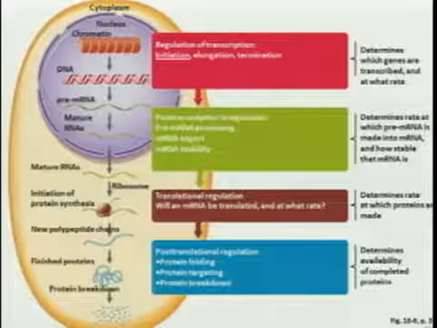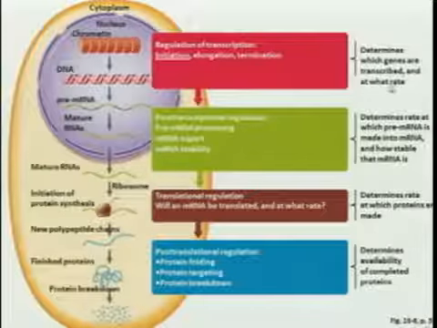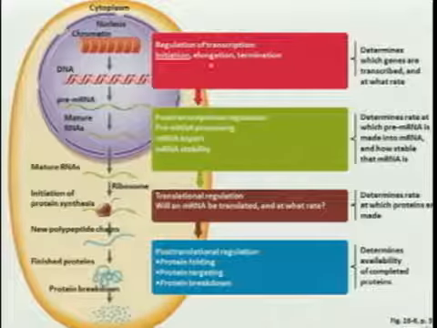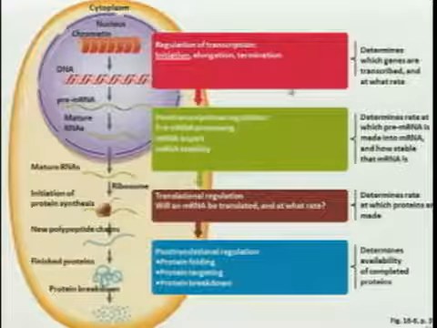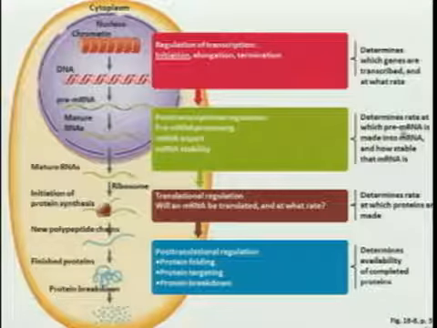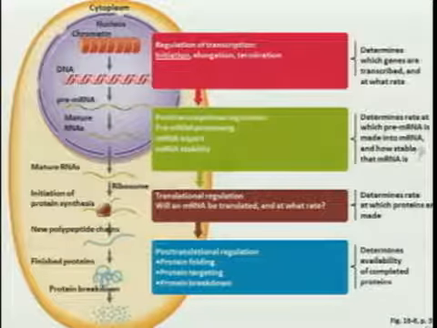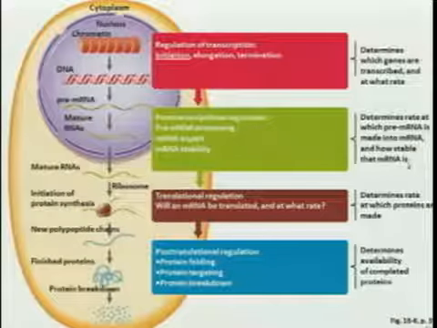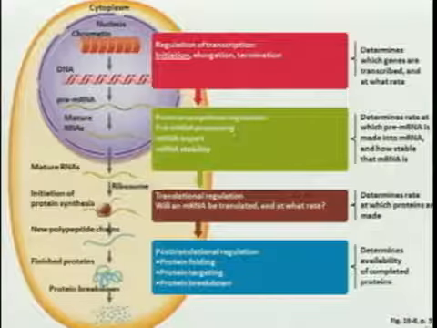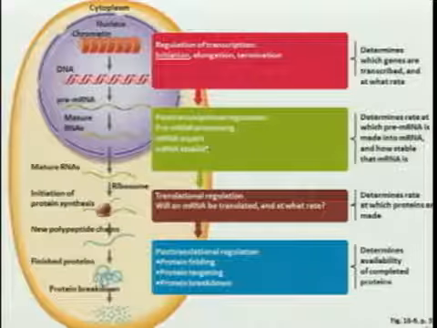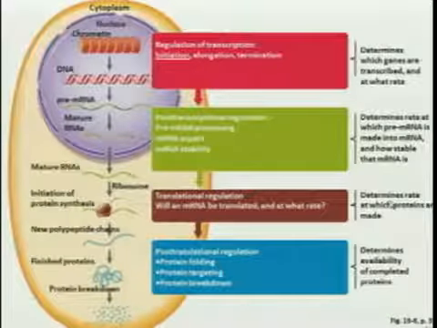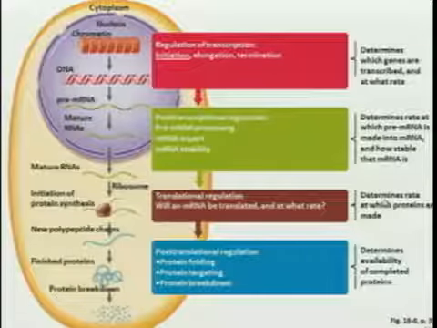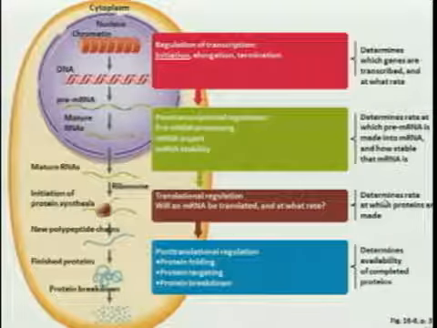An enormous amount of effort Mother Nature puts into determining which genes are transcribed and at what rate by regulating initiation, elongation, and termination of transcription itself. The rate at which pre-messenger RNA is made into messenger RNA and how stable it is is exquisitely controlled by regulating pre-messenger RNA's processing, messenger RNA export, and stability. What does control mean in this context? It means it differs from cell to cell. Why? Because Mother Nature has a mechanism to have it differ.